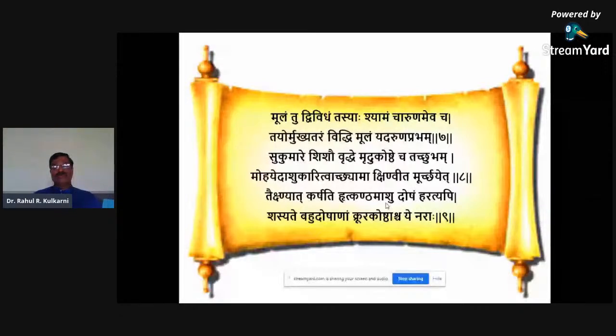Now, whenever you want to administer Virechana and use Trivrut, we always have to think about these two, Shama and Trivrut. The Trivrut roots which are of Aruna Varna can be effectively used in Sukumara, Shishu, Vruddha, and Mrudu Koshta. Whereas Shama, which is Tikshna in nature and has Ashudosha Harana property, is best effective in Bahudosha and Krura Koshta. So they should not be used vice versa.